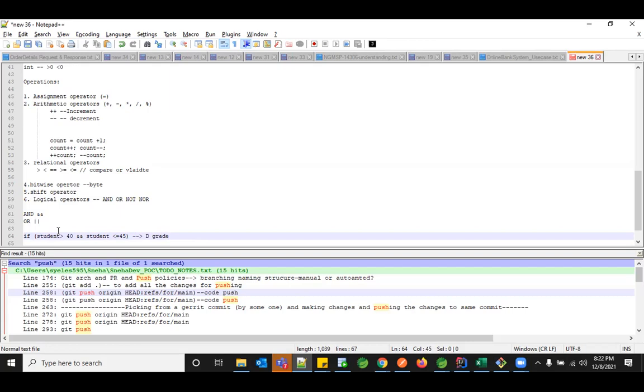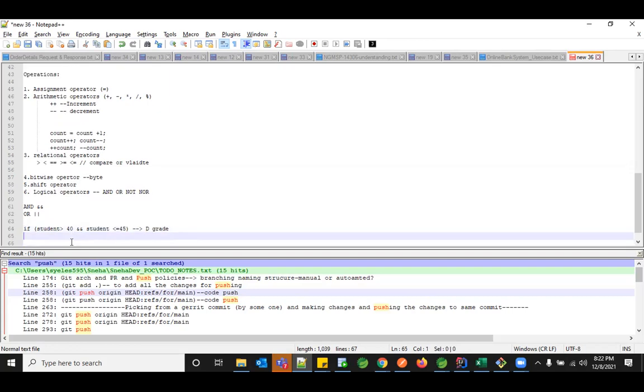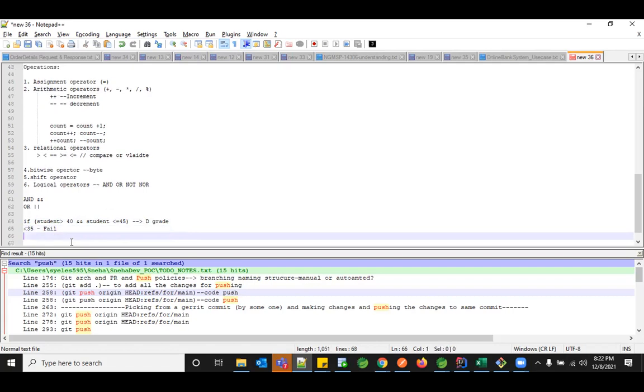So whenever you want to evaluate conditions on a range, or validate more than one condition, so not only greater than 40, but also lesser than or equal to 45, in that case you can use this logical operator, so that if these 2 conditions are true, my student should be greater than 40 as well as lesser than 45. Then I can say he's in the section D. If he's not lesser than 45, and I have one more condition like less than 35, then I can say he's failed. So based on each condition, and if we want to group more conditions, then I can use these logical operators.